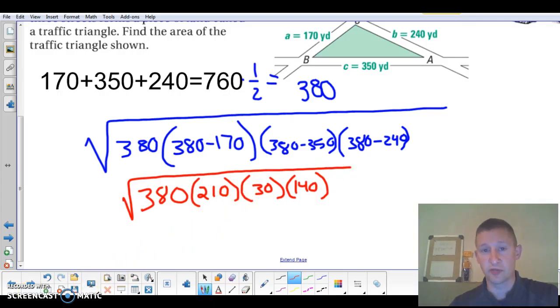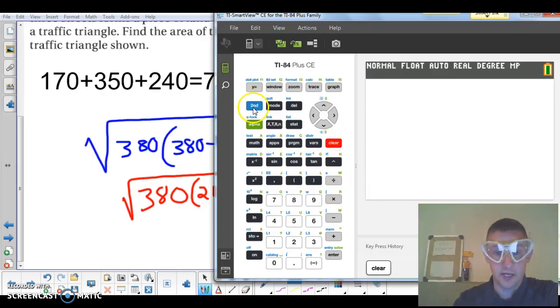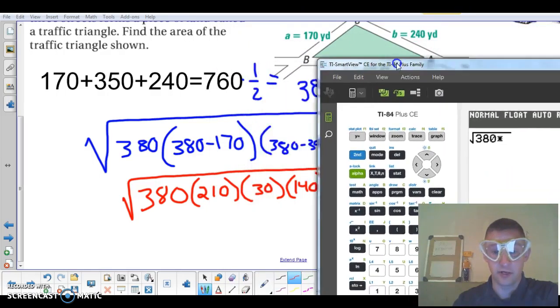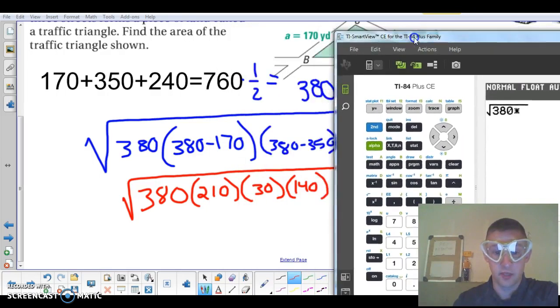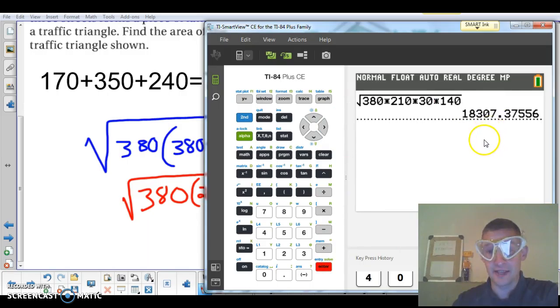Now, as I take the square root, I'm probably going to use my calculator at this point. I could have done it here in the blue, but here in the red is fine. So let's use our calculator now. We are going to take the square root of 380 times, and if you have this newer calculator, you can just leave them underneath the radical. We don't need parentheses necessarily. 210, 30, and 140 are the things we're multiplying together. Leave the radical, so we're multiplying all four of these numbers together, and then taking the square root of whatever we get, and we end up with this,